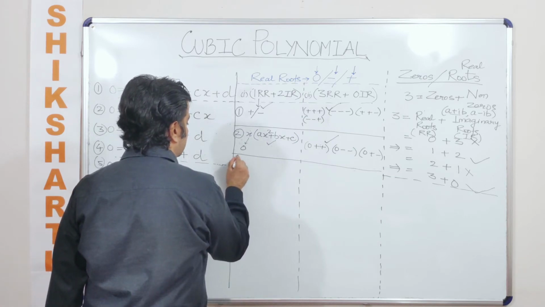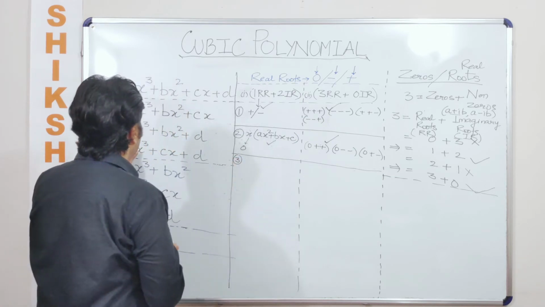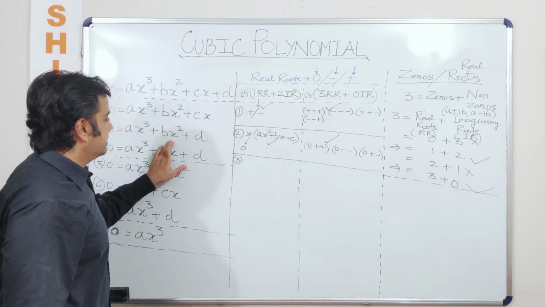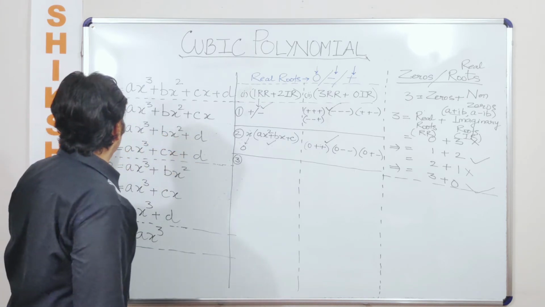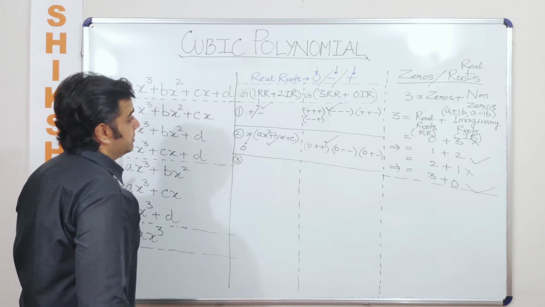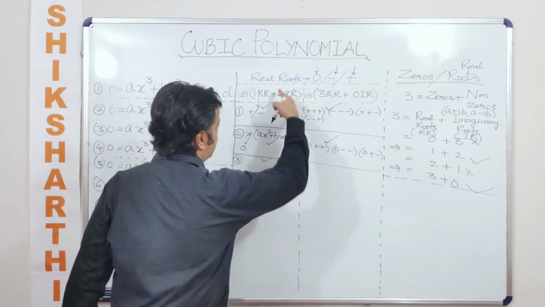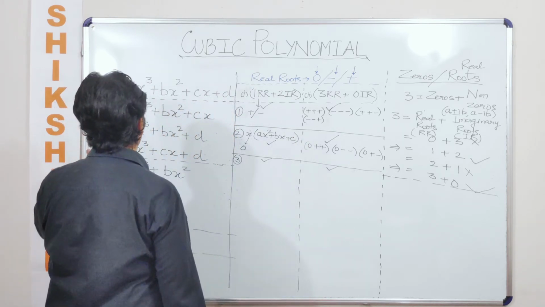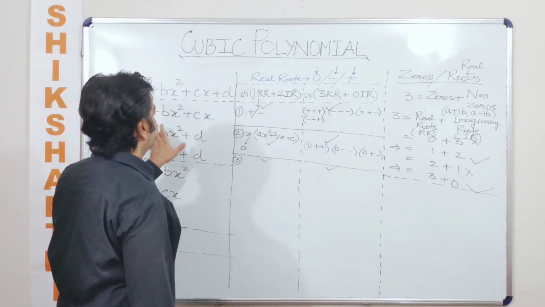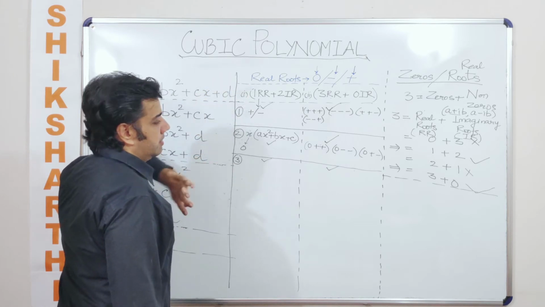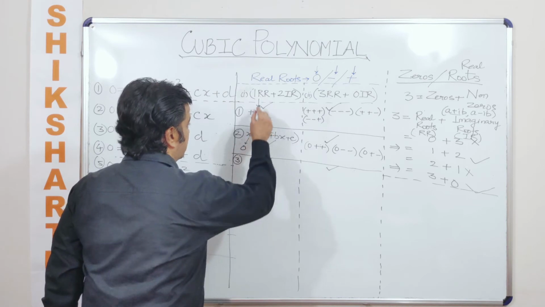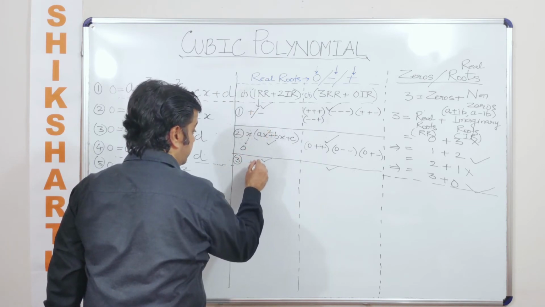Let's talk about the third case. So the third case here is basically an equation wherein we are talking about ax cube plus bx square plus d is equal to 0, which is case number 3. So can I have this case here, subpart this? Yes. Can I have this subpart? Yes. What would be the outcomes? The outcomes would be the same as the outcomes of 1. Now when I say outcomes would be the same, we are basically talking about the real root. The real root will be either positive or negative